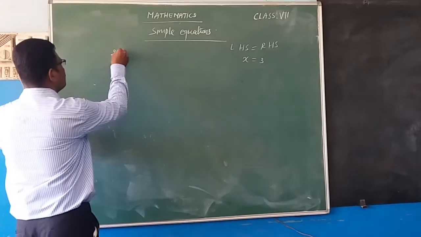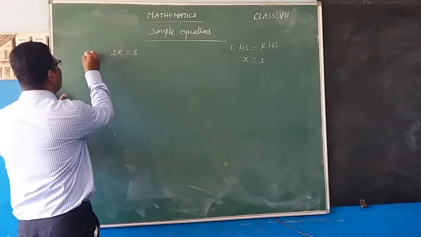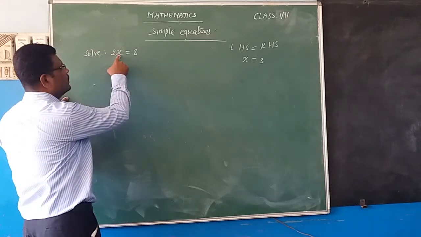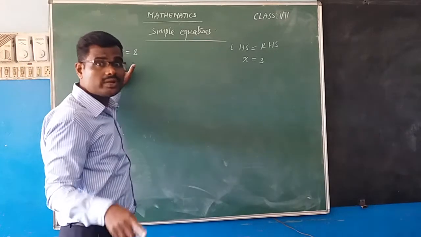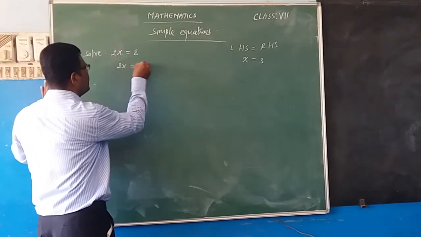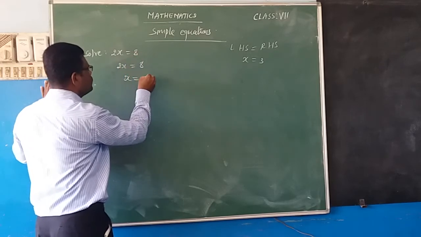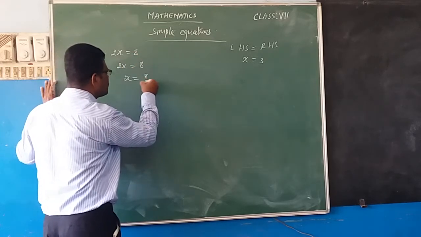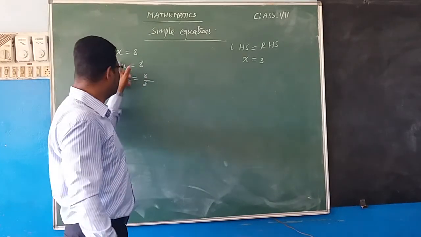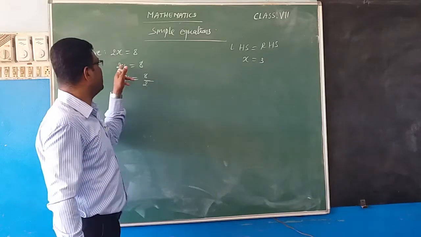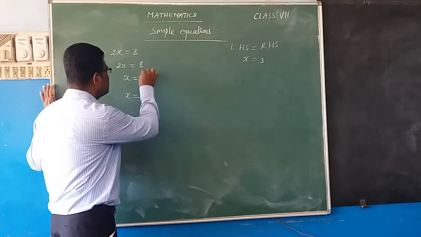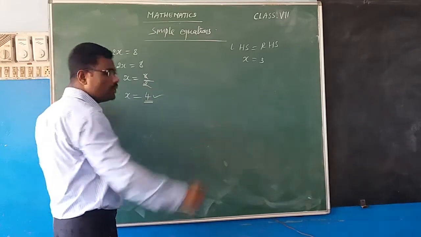Suppose 2x is equal to 8. What is the meaning of solve? Solve means to find the answer for the given variable. By using different methods, we can find the values of n variables. Isn't it? So 2x is equal to 8 is given. When 2 comes to this side, it is divided by 2. This method is called transposing. Transposing 2 to the right side. If it multiplies, when it comes to this side, it divides. So x is equal to 8 divided by 2, two fours are eight, so x is equal to 4.